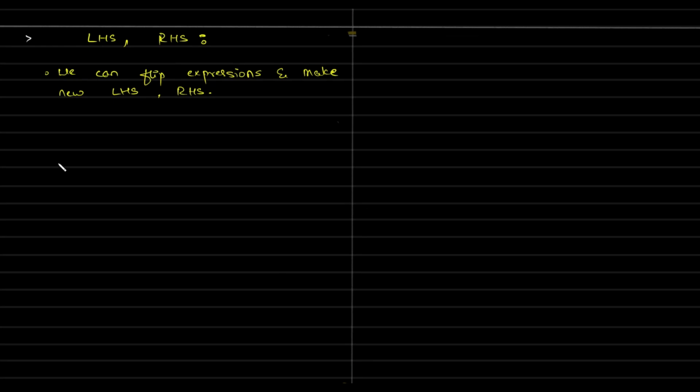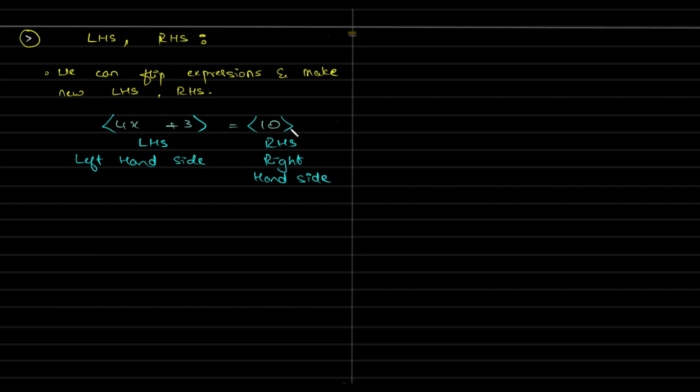So in an equation we have a very used and very much required term to know, that is LHS and RHS. So 4x plus 3 is equal to 10 has its own LHS and RHS. So LHS stands for left hand side, and this is right hand side. So that's it. This side of the expression is called as LHS and this side of the expression is